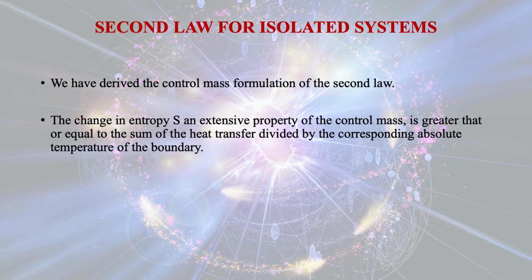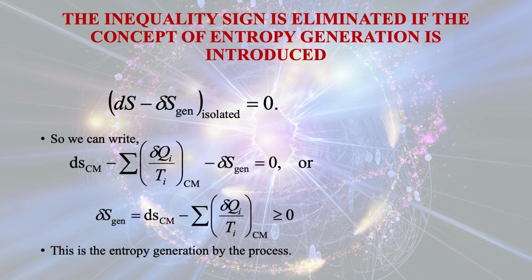The change in entropy S, an extensive property of the control mass, is greater than or equal to the sum of heat transfer divided by the corresponding absolute temperature of the boundary. The inequality sign is eliminated if the concept of entropy generation is introduced. Now dS minus del S generation is equal to 0. That means whatever the change in entropy for an isolated system minus the entropy generation